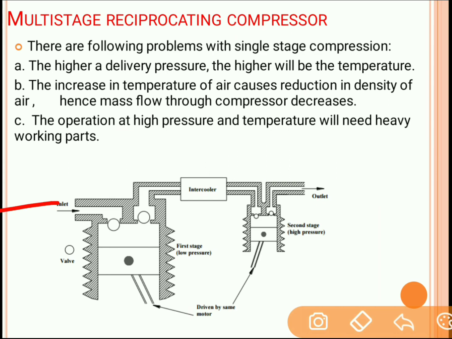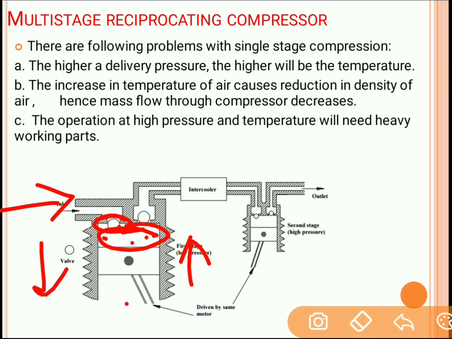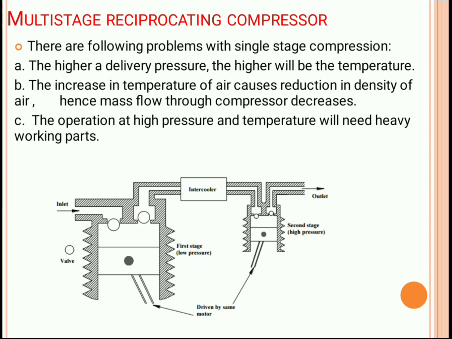So fresh air enters into the compressor through this suction valve and the piston will move in the downward direction. As the piston moves downward, fresh air will come inside the cylinder, and as the piston moves from the bottom end to the top end, the air present inside this compressor will get compressed. So as the air compresses, its pressure and temperature both increase and this delivery valve will open. And as the delivery valve opens, the compressed air inside the cylinder will get transferred to the delivery pipe. Now high pressure, high temperature air enters into the intercooler.